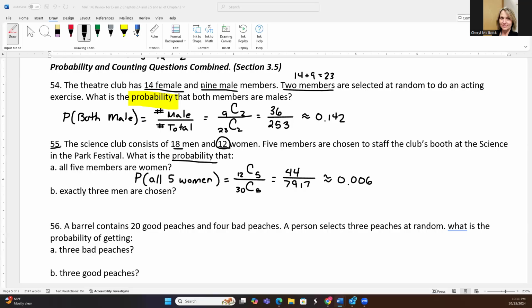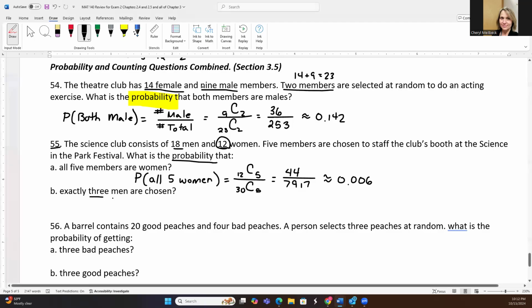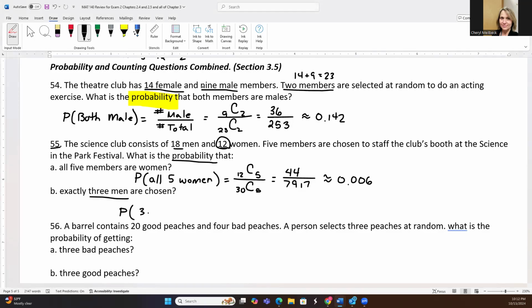Punching this into Desmos, we got 44 over 7917 as a reduced fraction. And as a decimal, we'd round that to 0.006. Now, part B wants that exactly 3 men are chosen. So the probability of 3 men